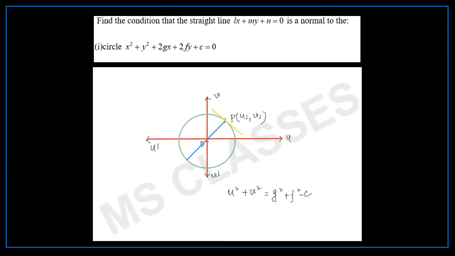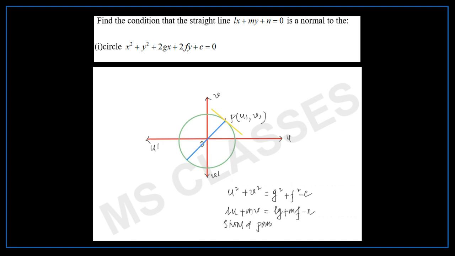So that means that the normal line's y-intercept should be 0. So from there only, by diagram also, for MCQ point of view, you can easily say here the line Lu plus Mv equal to LG plus MF minus n should pass